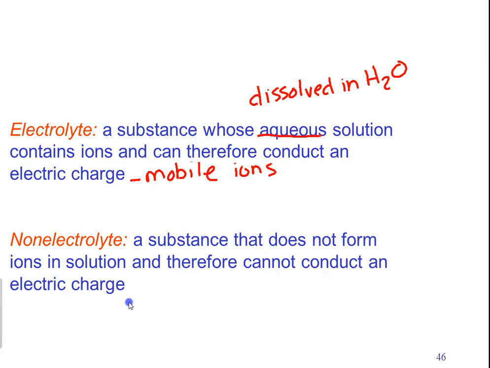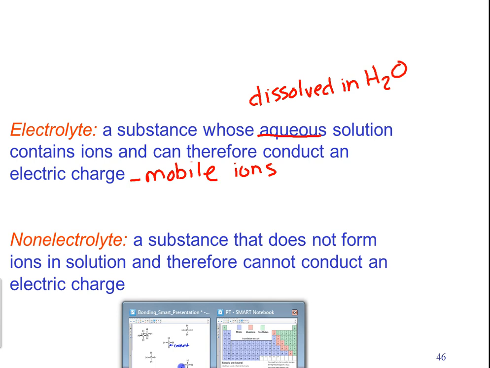Non-electrolytes are substances that will not form ions in solution and will not conduct an electric current. We're going to see that ionic compounds will form ions in solution and covalent compounds will not. To illustrate